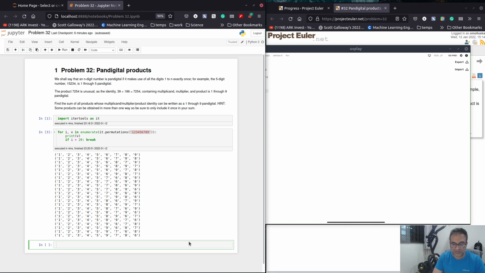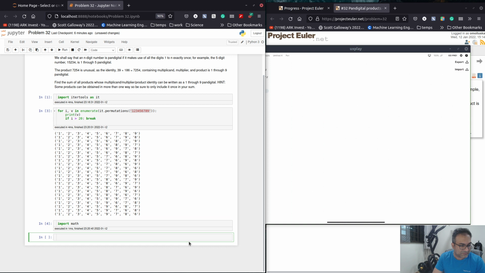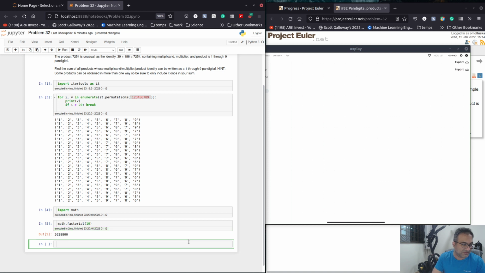So in this case, 10 factorial, I believe factorial 10 is a really big number. Well, actually, it's not so big. We can brute force this, I think, but